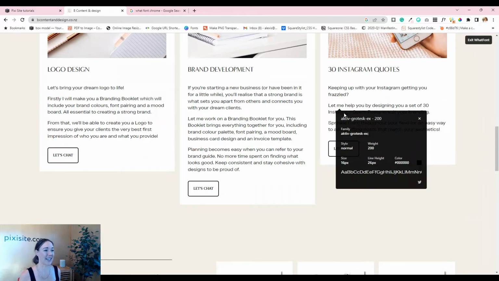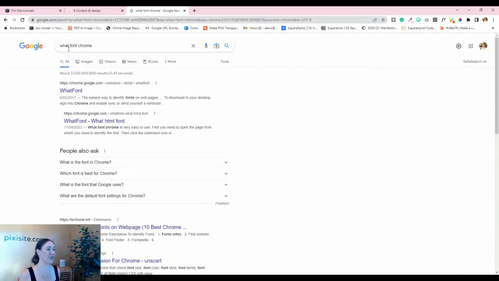So you can see here that the paragraph is a different font. It's this one here, Active Grotesque, and you can see the weight is 200 and the size is 16, which should be standard. So all you need to do to get it is you need to just Google What Font Chrome,